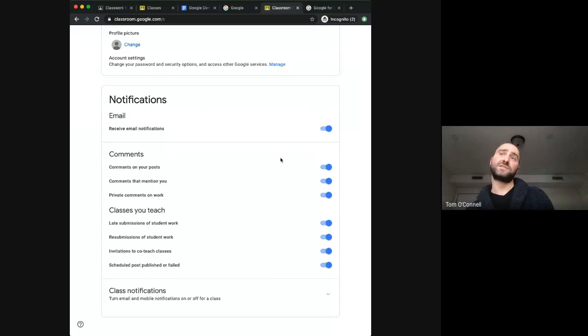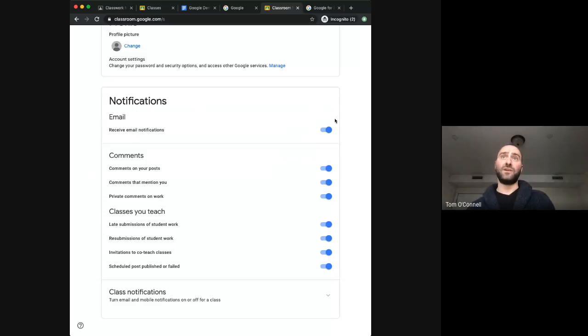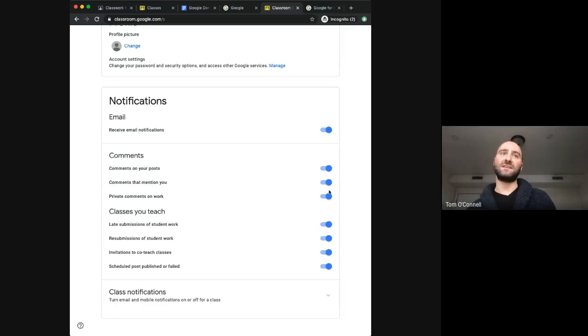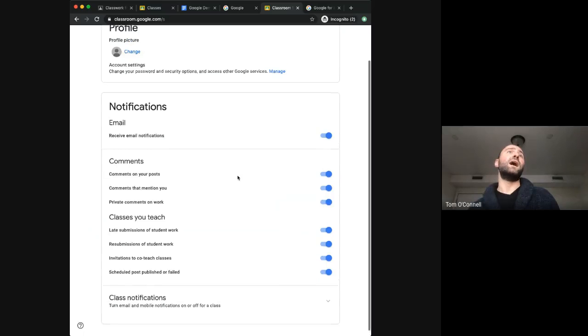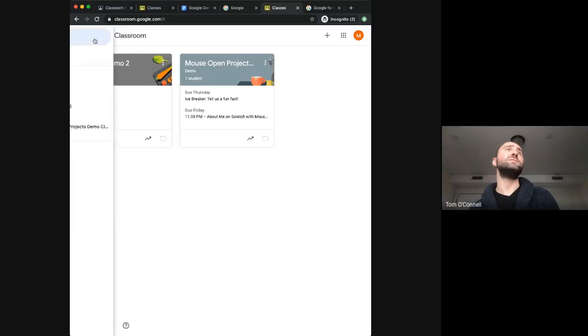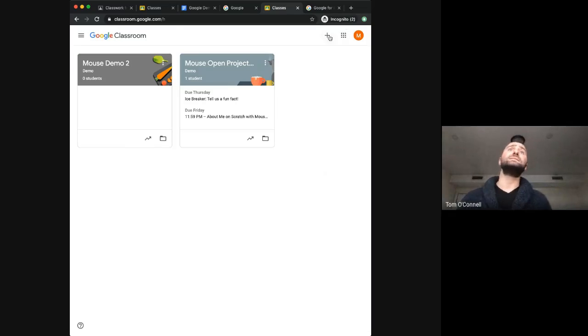You can toggle your notifications. So when you first start teaching, you'll notice you get a lot of notifications, like maybe too many. When students comment on posts, you might want to get comments that mention you, but you can toggle it on and off as you go. Right now, all my email notifications are on. So you can go back to my classes,